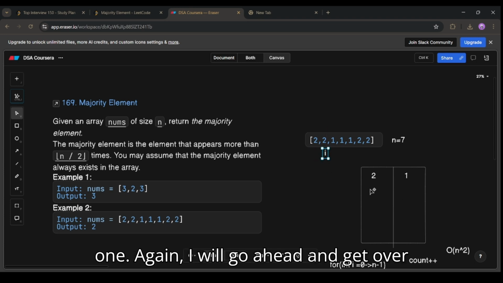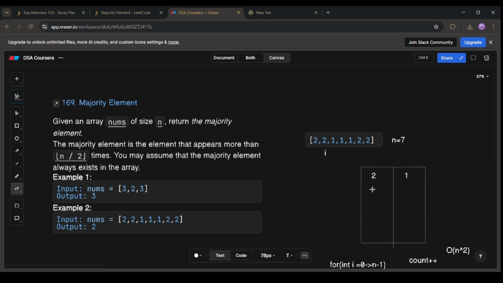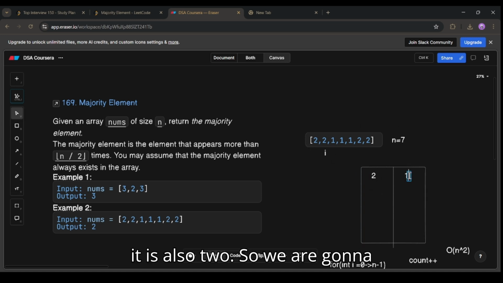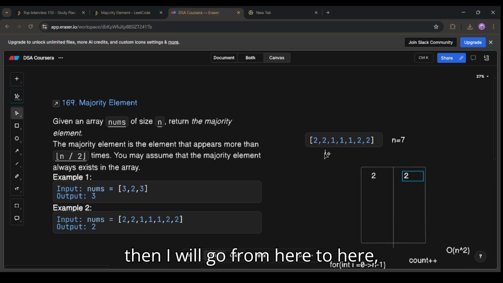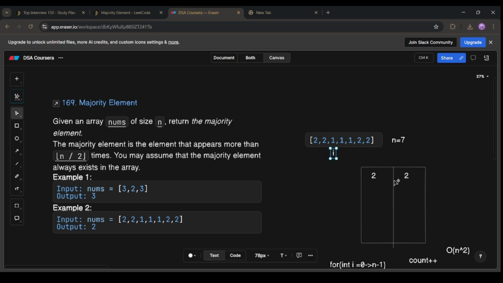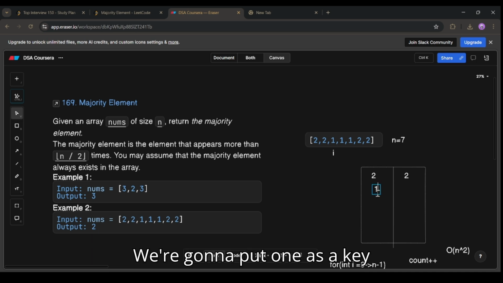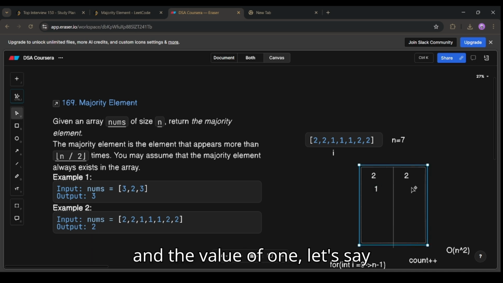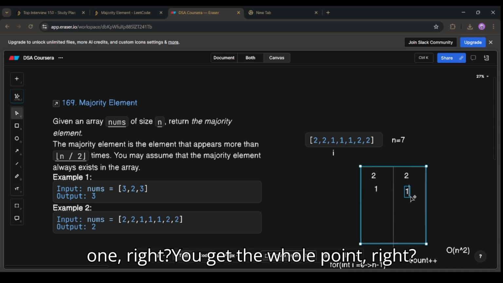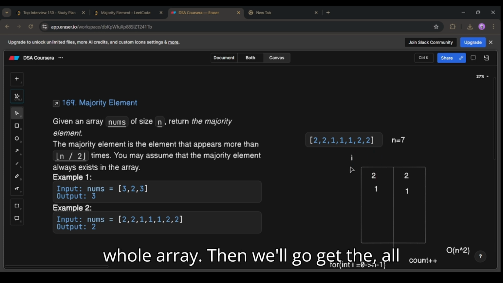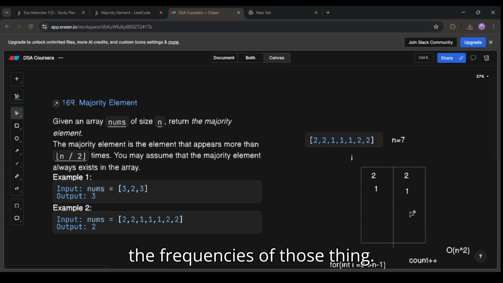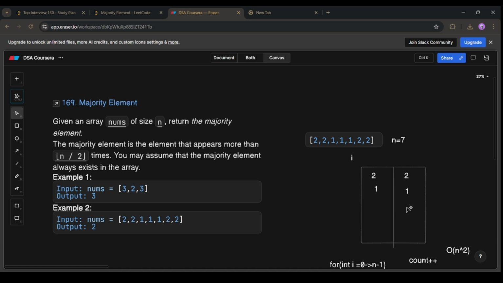Again, I will go over here, and then it is also 2. So we are gonna update the 1 to, let's say, 2. Then I will go from here to here, then this is 1, right? We're gonna put 1 as a key and the value of 1, let's say 1, right? You get the whole point, right? I will go through the whole array, then we'll get all the frequencies of those things. After getting the frequency,